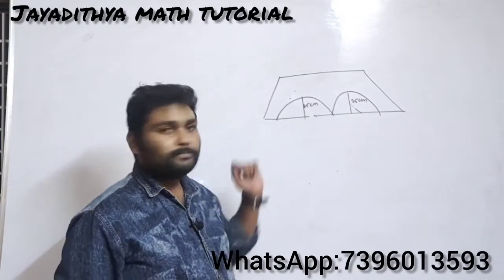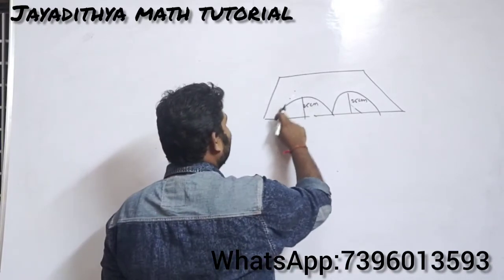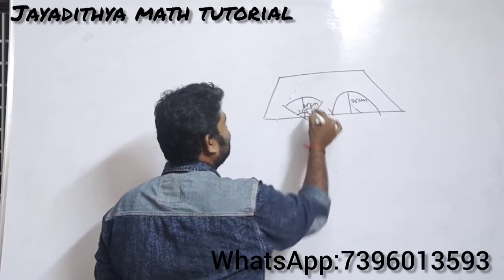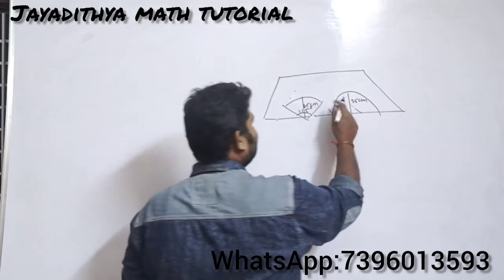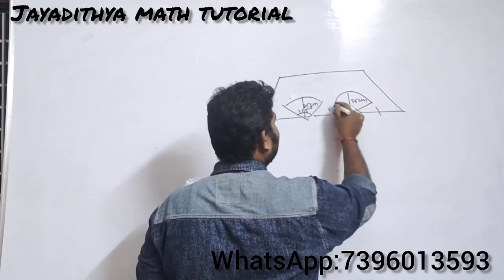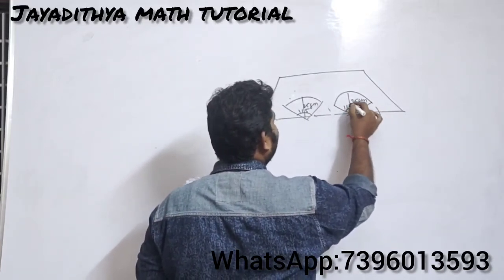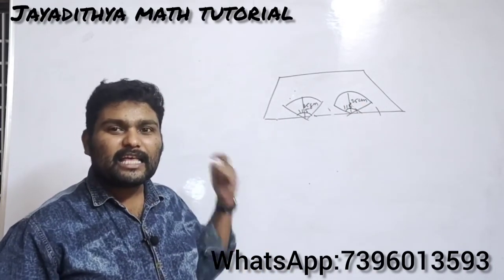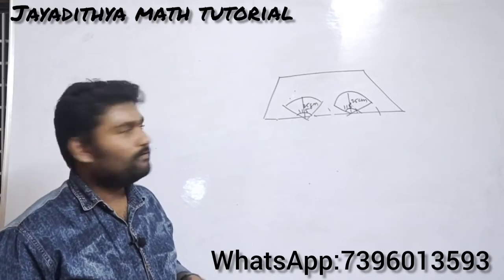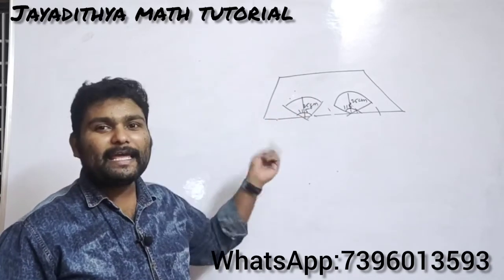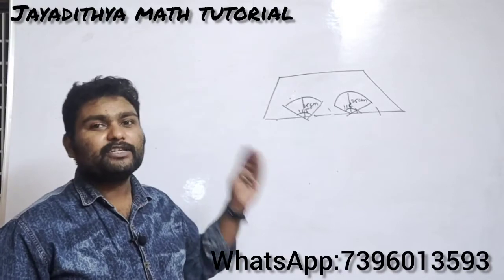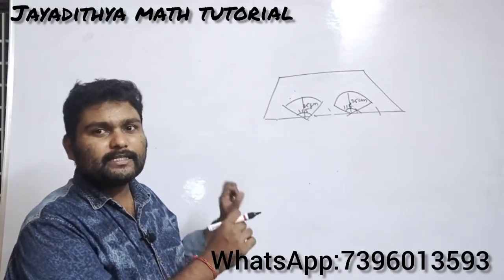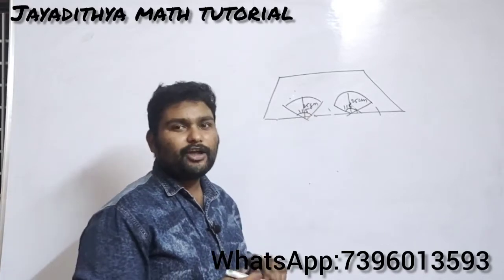It will not cover completely. It seems it covers only 115 degrees. So these wipers are covering how much? 115 degrees. So you can find two sectors there, and he is asking the area swept by the blades of the wiper. So you should find the area which the blades have swept. That means you should find the area of both the sectors.